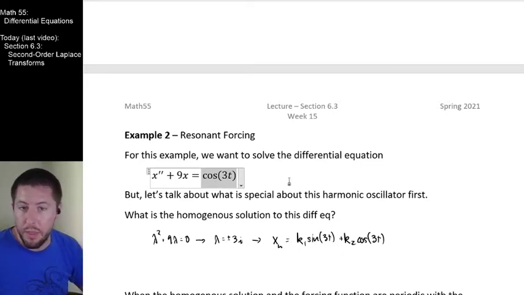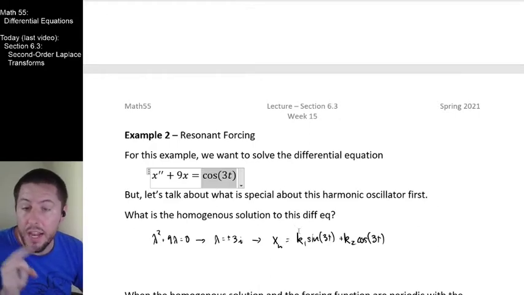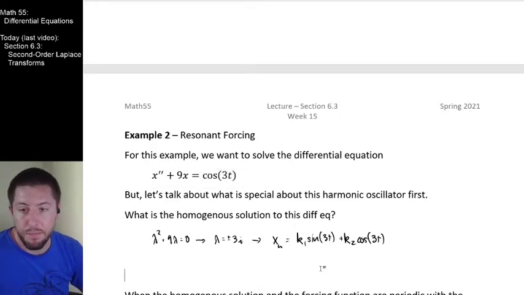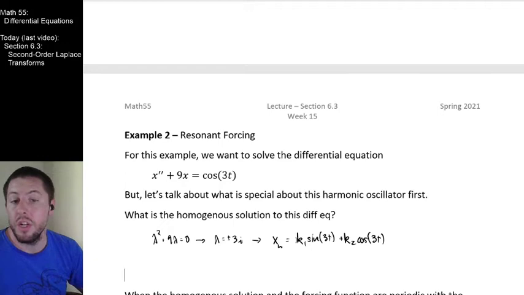And what's special about that is that our forcing function is periodic. Our homogeneous solution is periodic. And they're periodic with the exact same periods. That's something really, really special. Very special when our homogeneous solution is periodic and has the same period as the forcing function that's also being applied, right? So